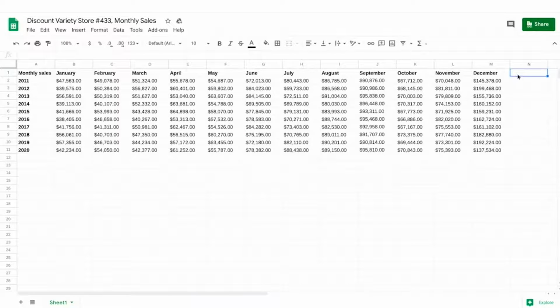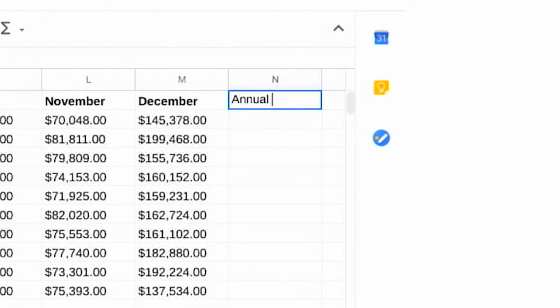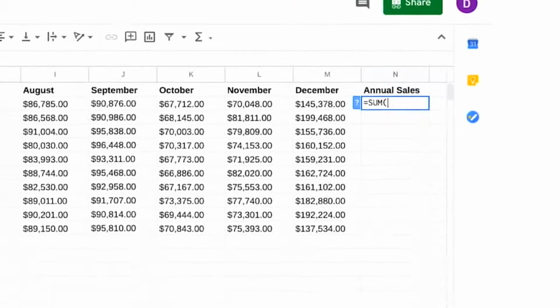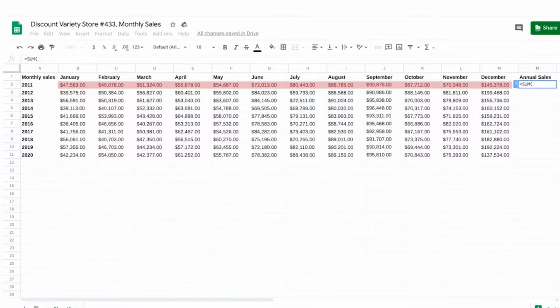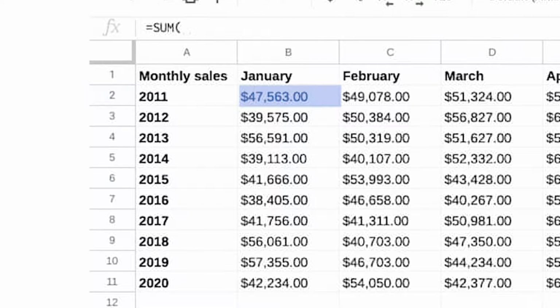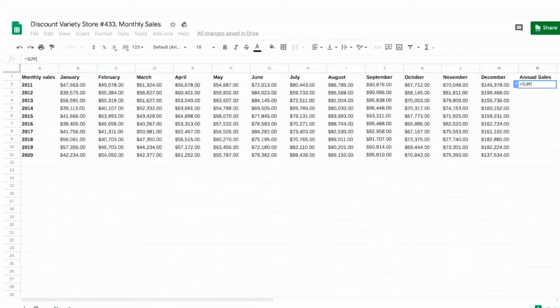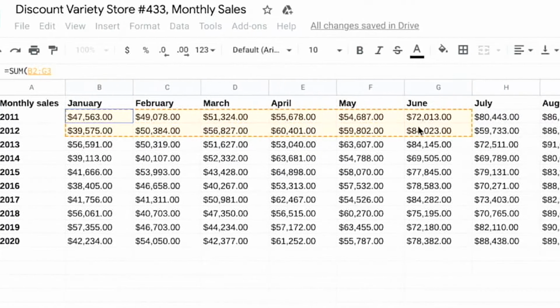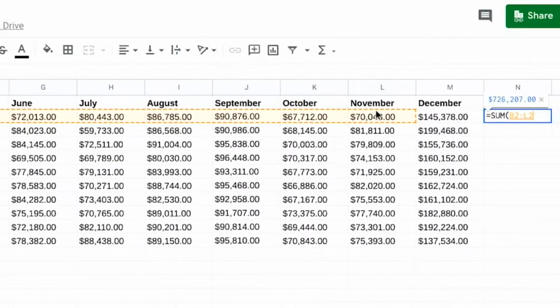We can use a sum function to help us figure that out. We'll add the sales for 2011 first. We'll add a heading for the annual sales column. Then we can type our sum function in a formula. All formulas begin with an equal sign, so we'll type that first, followed by sum and then an open parentheses. After the open parentheses, we need to tell the formula which cells are being added. In this case, we need data from the whole row, which begins in cell B2. B2 is the cell reference we'll use. Instead of typing each cell one by one, we can put them in the formula quickly by selecting cell B2 and dragging the fill handle across the row to the last cell with sales data, M2.